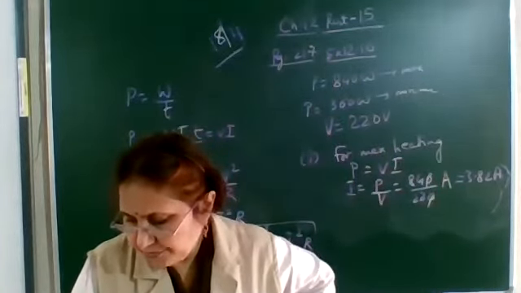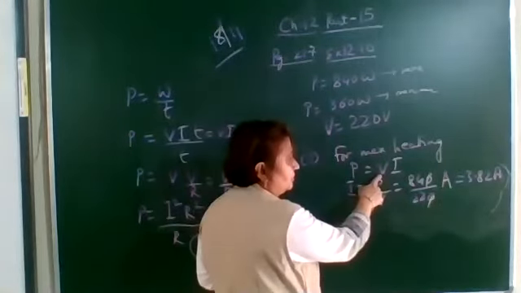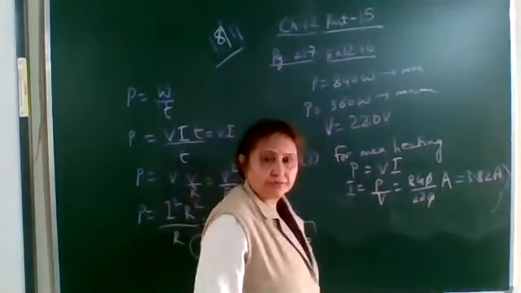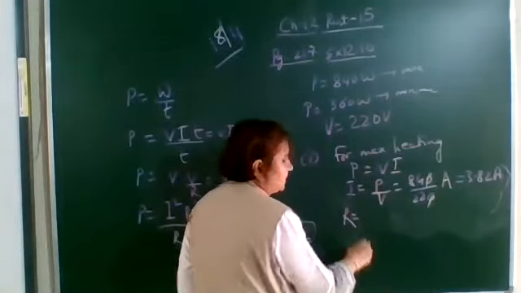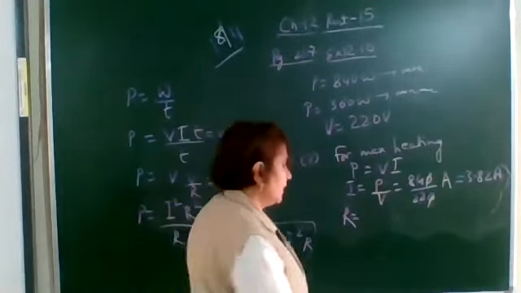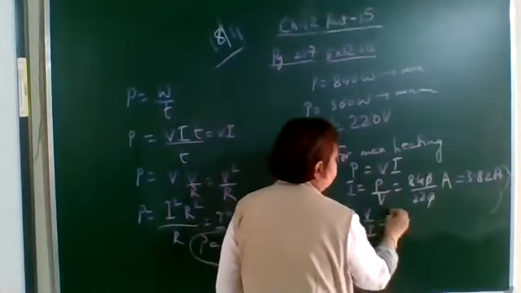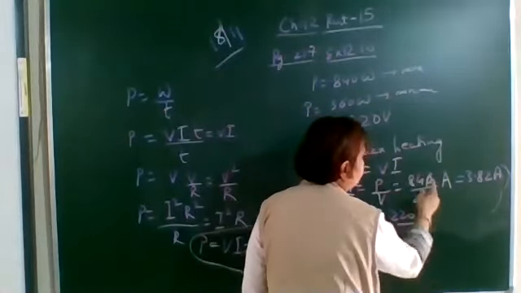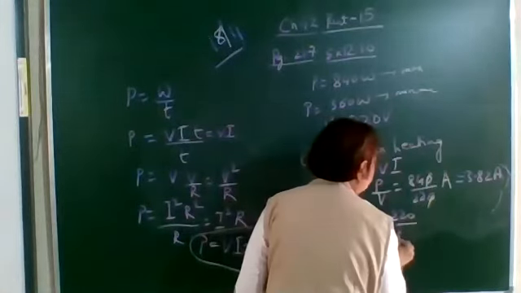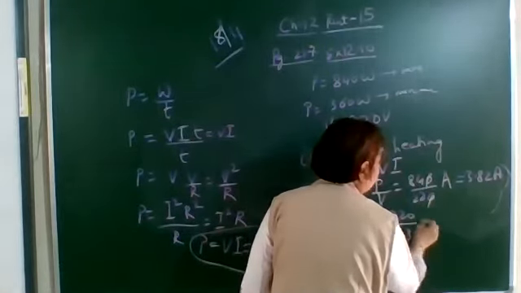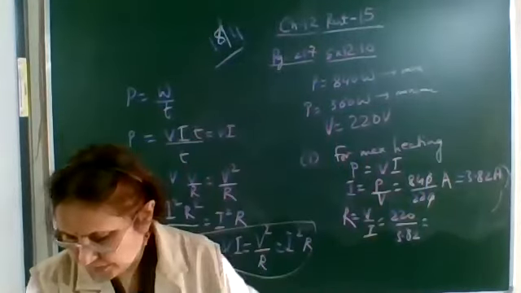Also you have to find the resistance. Here V you know, and I you have found. According to Ohm's law, the resistance is equal to V upon I. Substitute the values: V here is 220 volt, and I here is 840 upon 220, or 3.82. On simplifying, you get it to